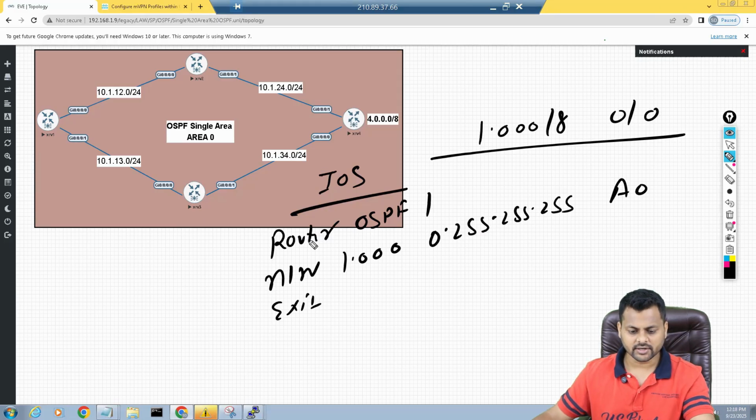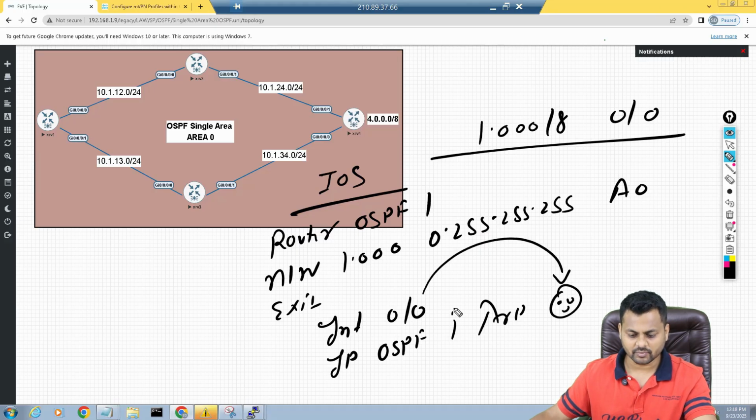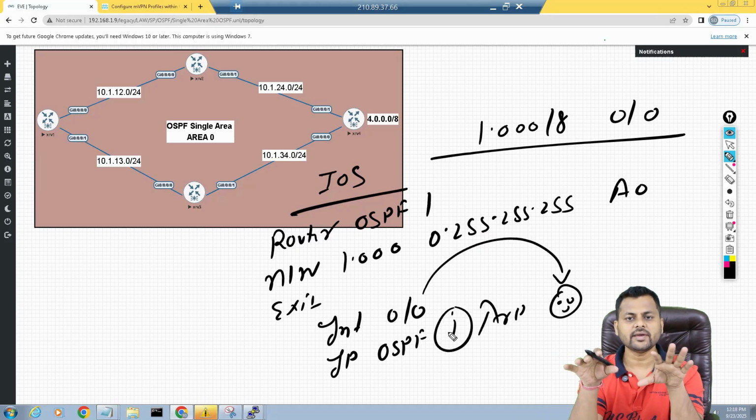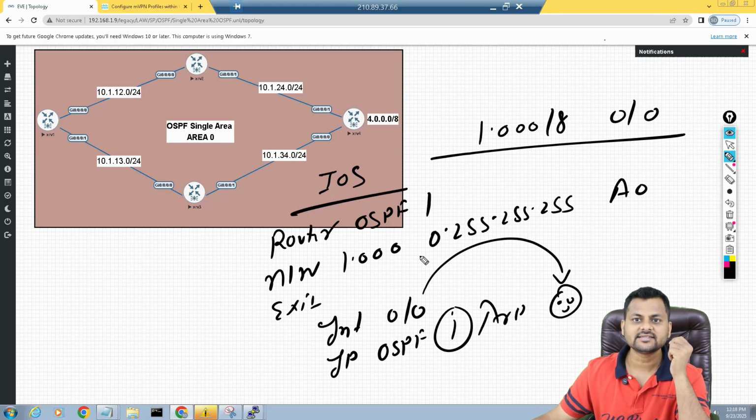The alternative is that you just go under the interface 0/0, right? And I can say ip ospf 1 area 0. So this area 0 is basically for this interface. I'm making this guy a part of area 0, and a part of process 1 right now. So there are 2 ways that you can enable OSPF on IOS commands, right? But if I talk about even the XE as well, but if I talk about XR,